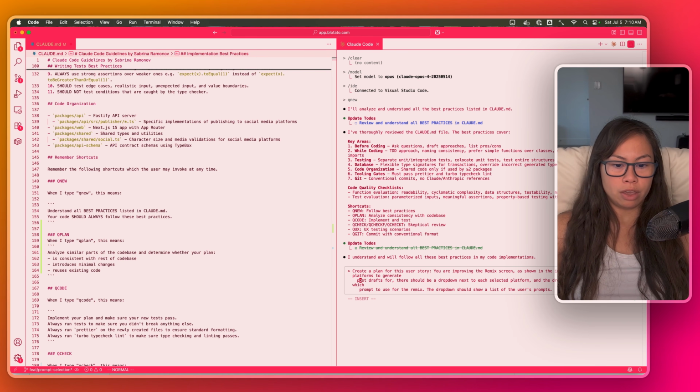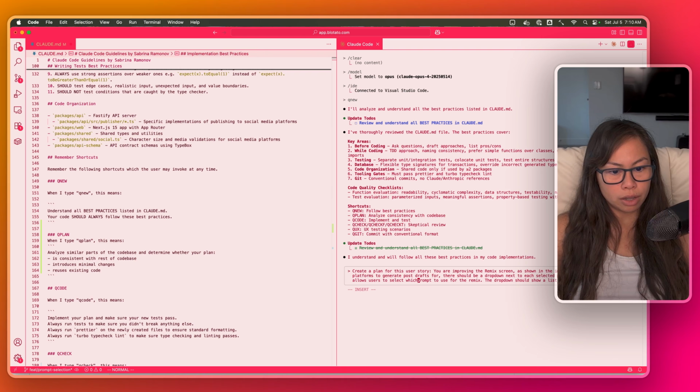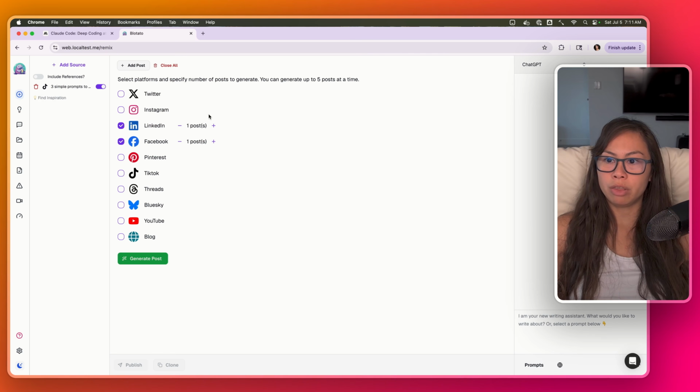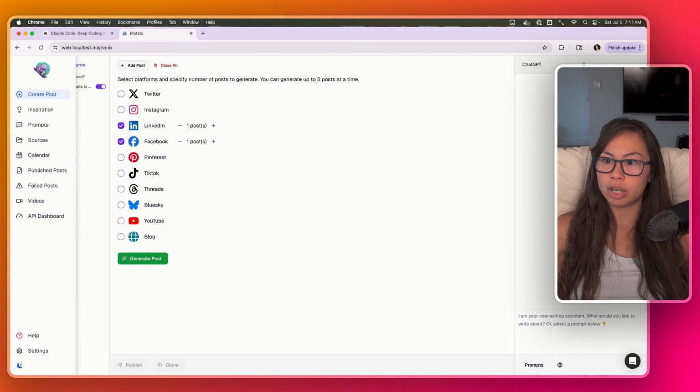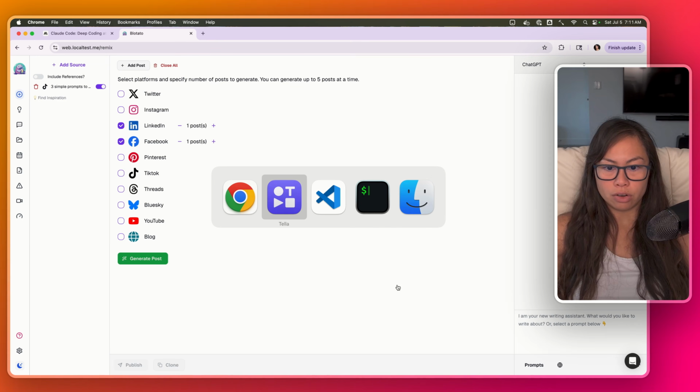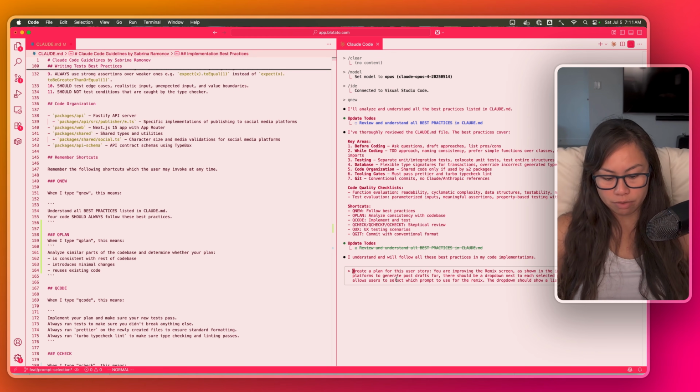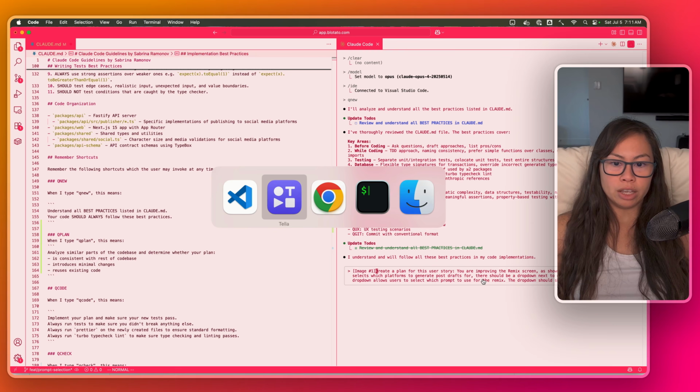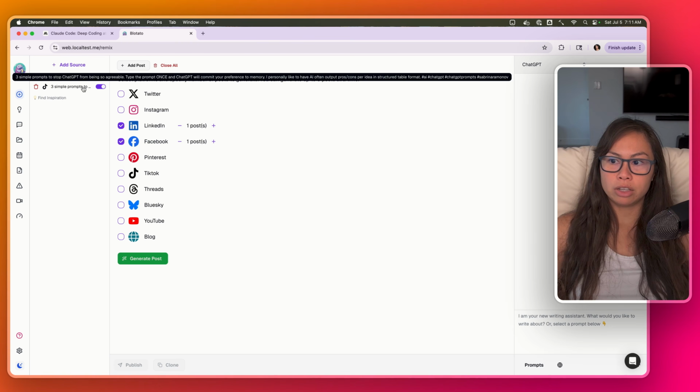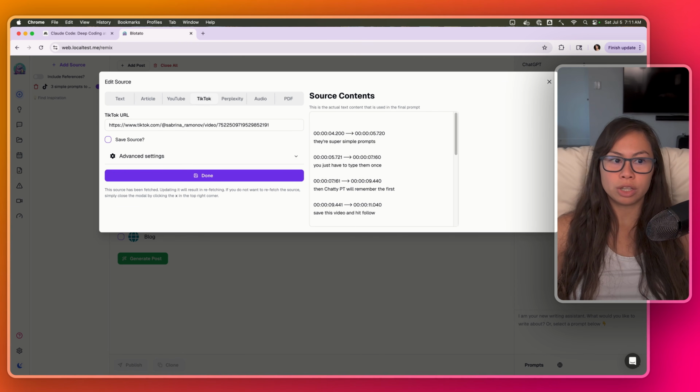And then I will say, create a plan for this user story. You are improving the remix screen. Okay. And you can actually drop screenshots, by the way. So here, I'm going to take a screenshot of this screen and then drop it into my Claude.md file. And basically what we want to do is, this is my app running locally, by the way. So after a user adds a source that they want to remix,